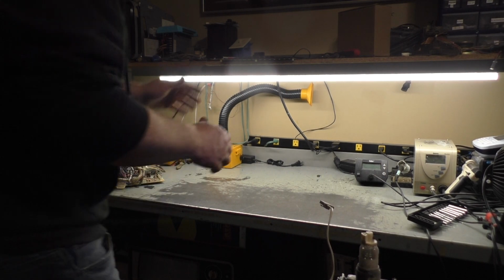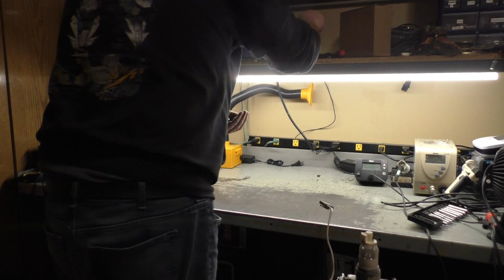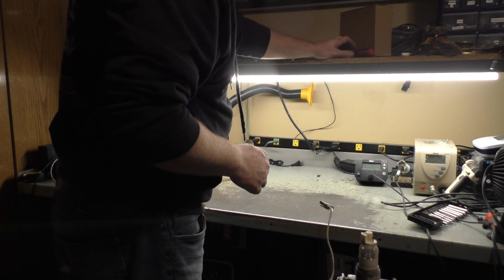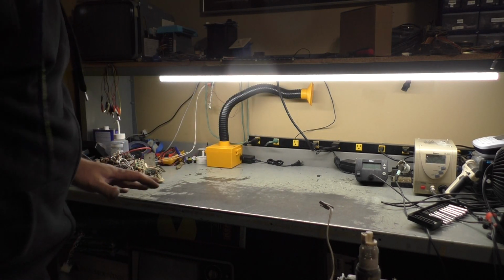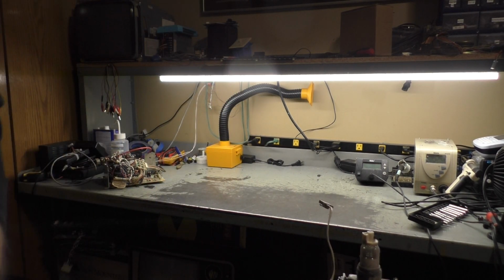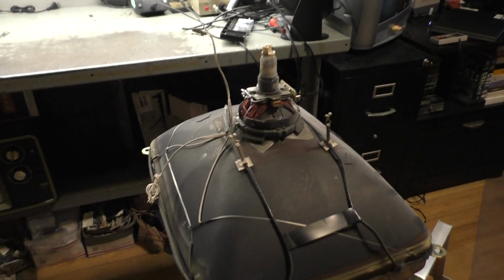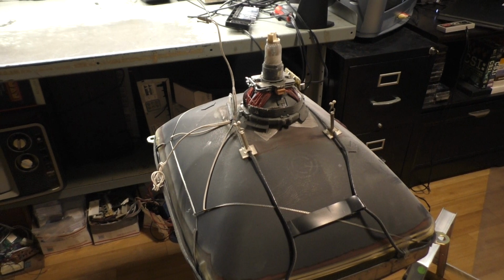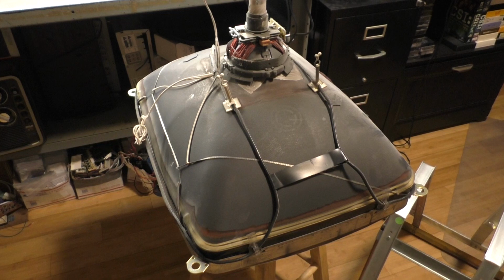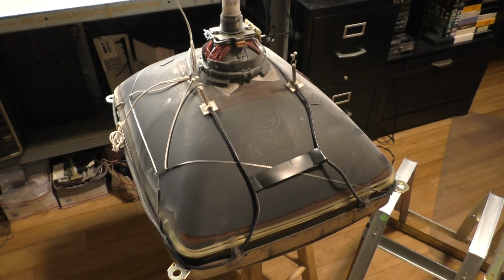Alright, so I'll save you the time and trouble of me reassembling all that. Actually, we'll just keep that there for now. I'll put that back together off camera. But for now, we need to grab this frame and install it on this tube. Oh, sorry about that. Okay, so let's get...